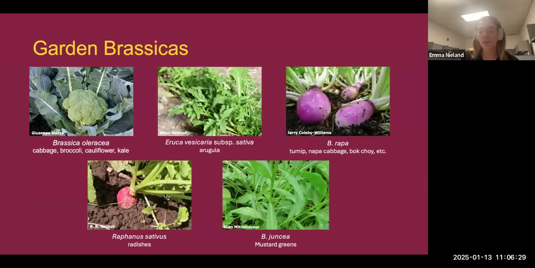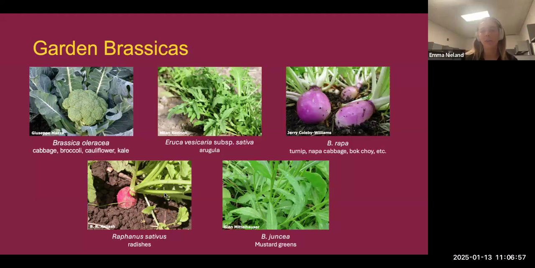So there's actually over 350 genera of brassicas, which is why you see so many uses of the plant. They're planted not only worldwide, but also all over this country. For example, there are almost 110,000 acres of broccoli planted in 2023, with the total income being a little over $1 billion, which is a lot of money.